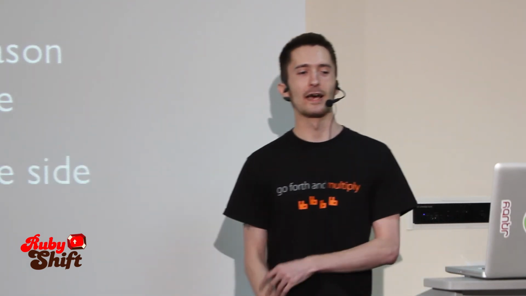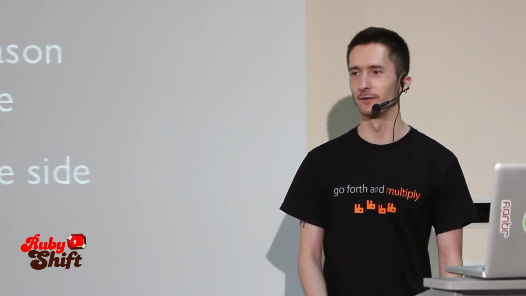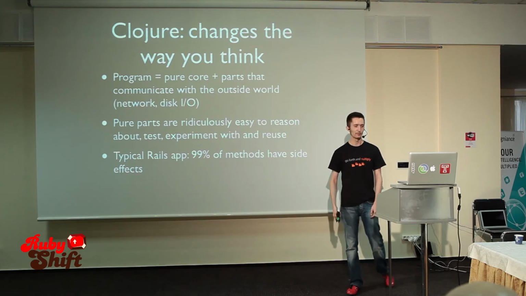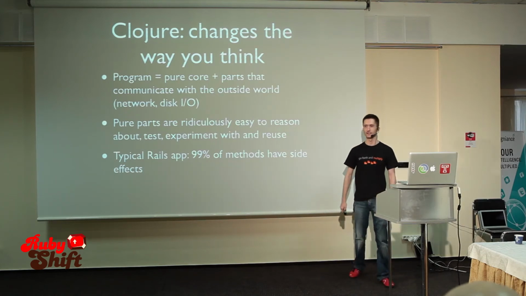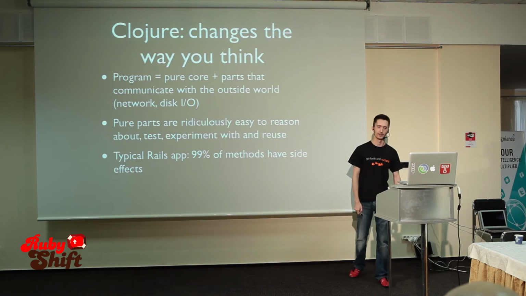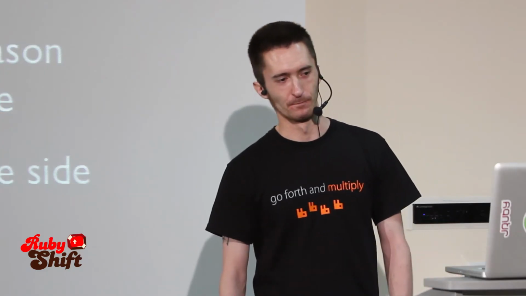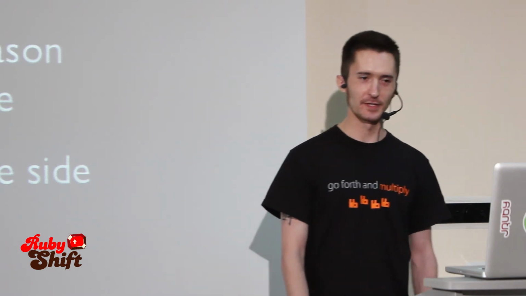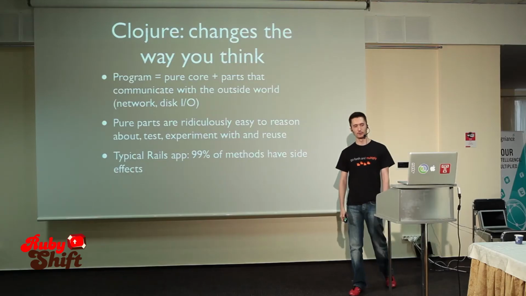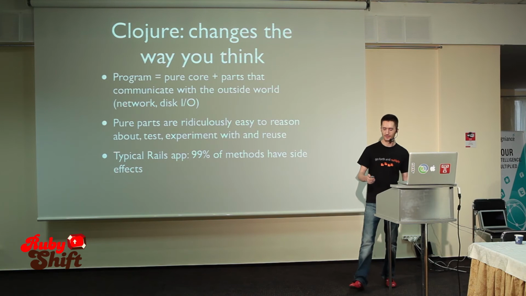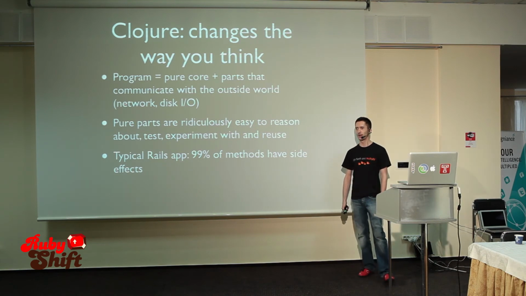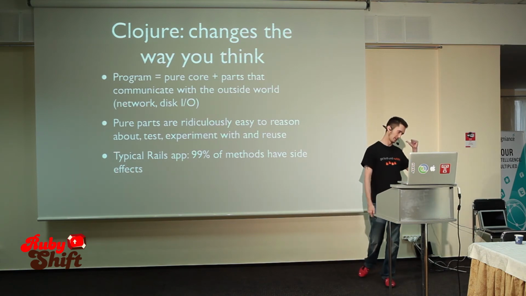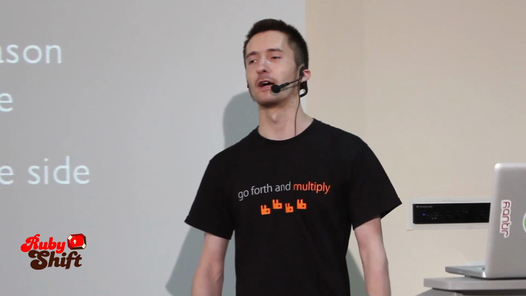A typical Rails app, 99% of methods have side effects of some kind. Well, maybe not 99%, but I can't believe it is under 85 or something like that. That's not really something to be proud of, because reasoning about code that is almost entirely side effect based is pretty crazy. And that's why you have things like what was mentioned in the talk yesterday: